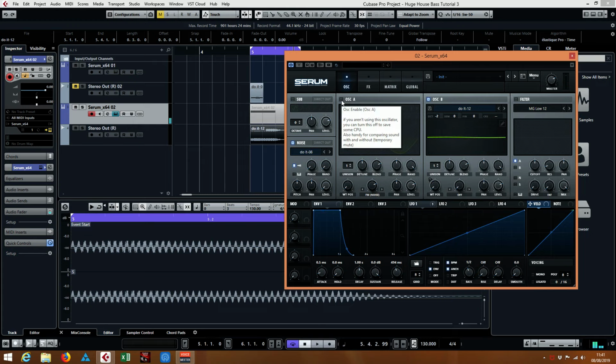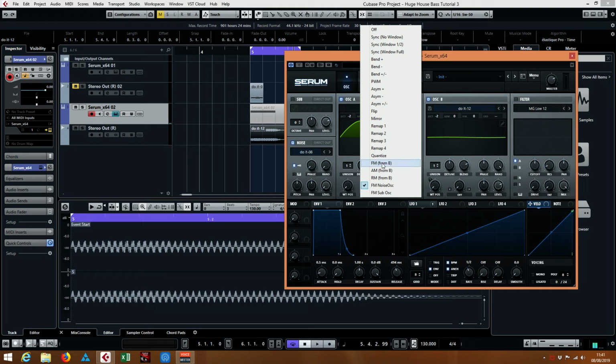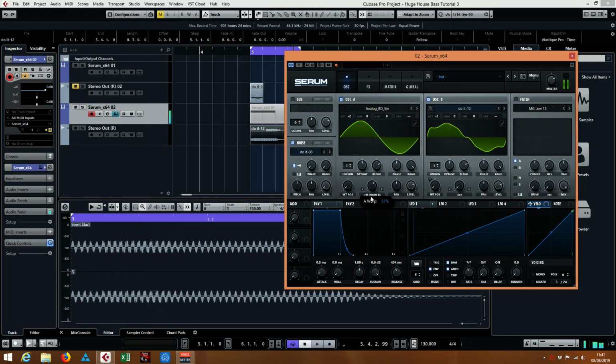Go back to oscillator A. Turn it on. And now I want oscillator B to frequency modulate oscillator A. Ooh. There's some great sounds there, isn't there? You could go through that and pick which one you want. What I want is to take it from nothing up to the byte,